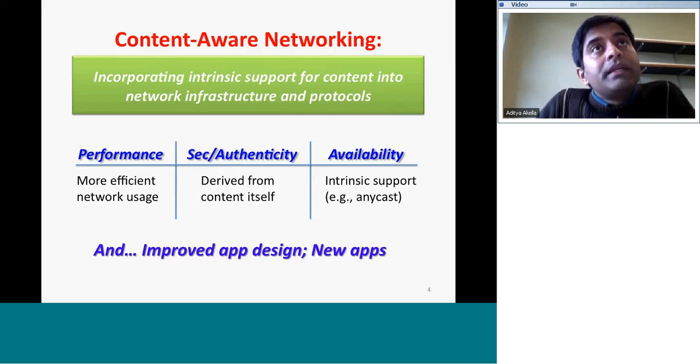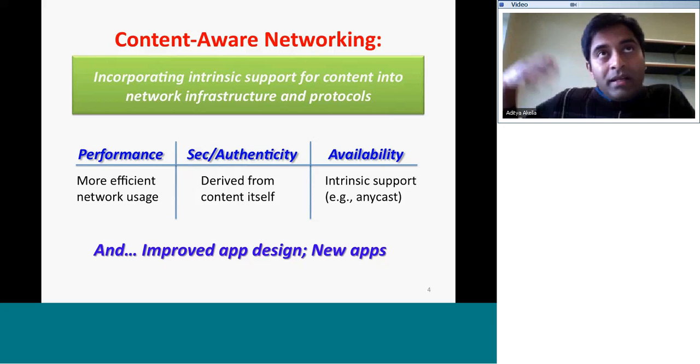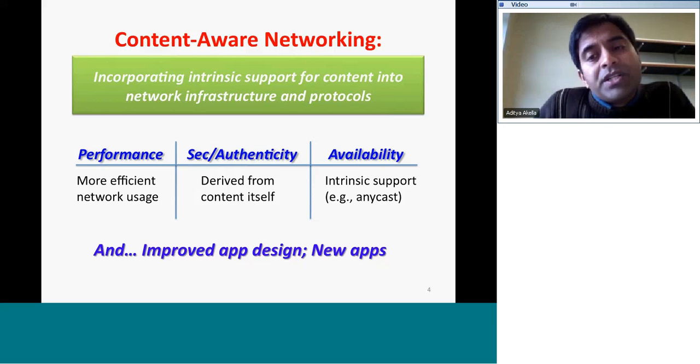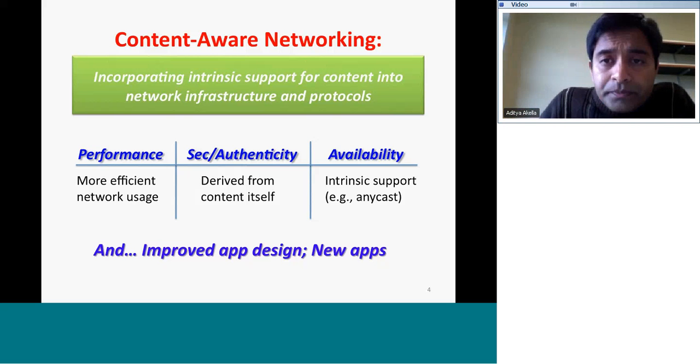Security and authenticity properties can be derived from the content itself, as opposed to relying on some out-of-band PKI infrastructure. And availability guarantees for content can also be provided with intrinsic support for mechanisms such as anycasting for content, as opposed to having specific mechanisms that ensure availability for specific application scenarios.